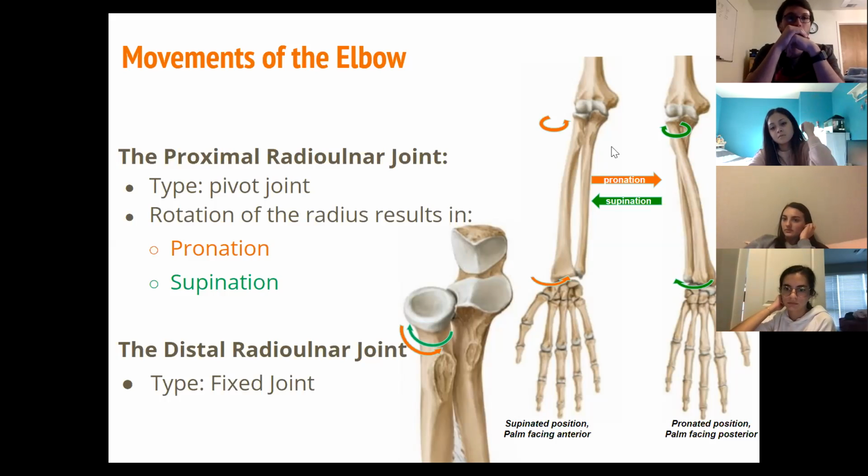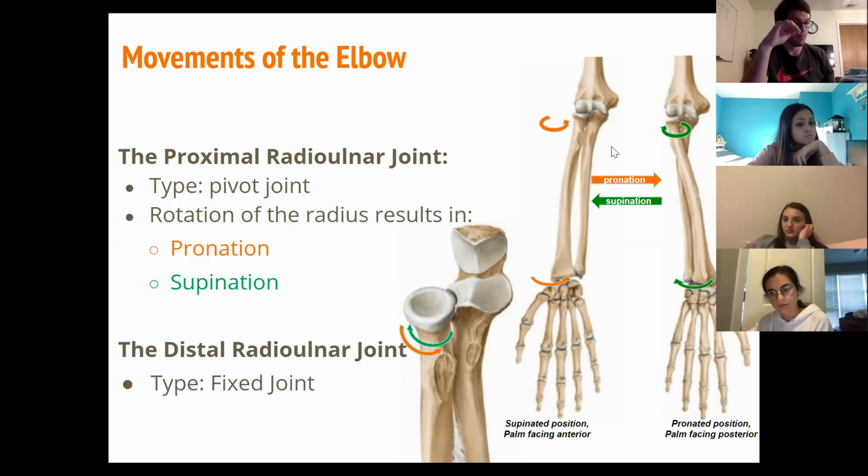Okay. So those 3 processes and fossas are really important because they give us the range of motion that we have in our elbow. If we didn't have this fossa, our bones might get stuck before we're able to fully extend. So it's really important that we have those fossas. Vice versa for when we flex, we might not be able to flex as much as we are able to. Okay,